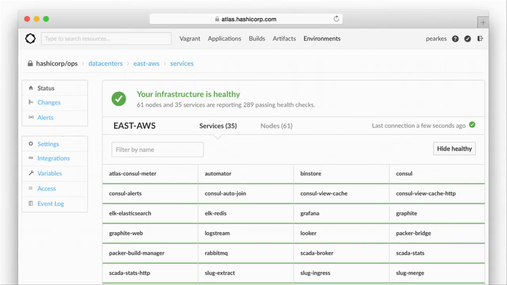And then once it's deployed, we can see the health of our entire data center. So this data comes from Consul. It gives us all our services. These are actually all the services in Atlas. And green is good, green is healthy, and you can see that. And we use something kind of neat here. I think we've documented it, but we blogged about it, called SCADA.